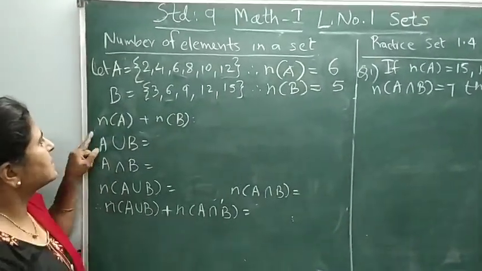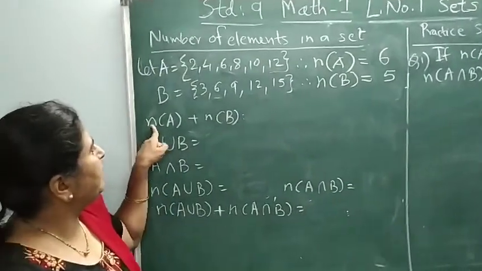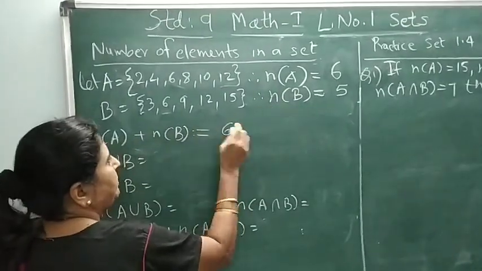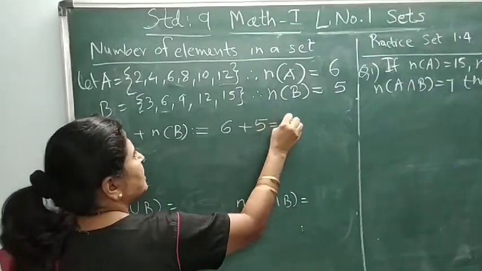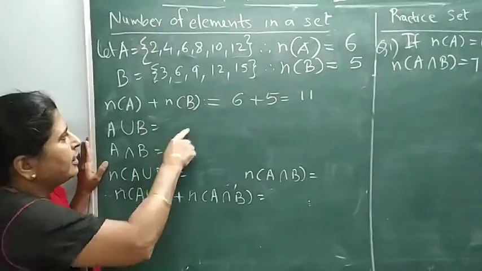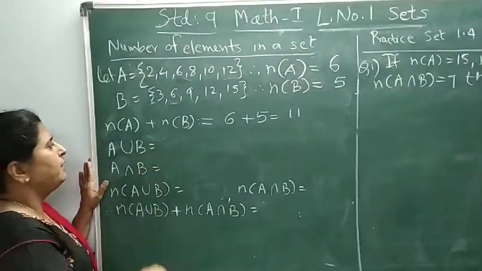Okay. Now let's add the number of elements of A and B. As the number of elements in A is 6 and in B it is 5, so 6 plus 5 is going to be 11. Now to see the important property we will require this, and one more thing we will require, that is